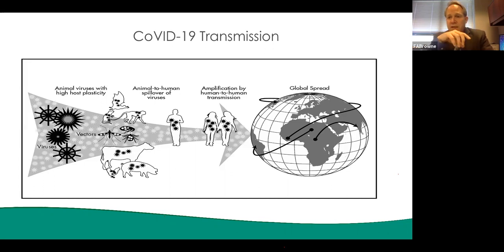At that point, it changed from a zoonotic illness to what we call a spillover effect. So we ended up spilling over, and this became, instead of being animal to human, animal to animal, and then it became animal to human. Now it was a human to human illness, and this is when it becomes really tricky. So the thought is that